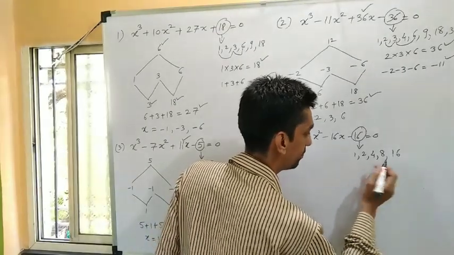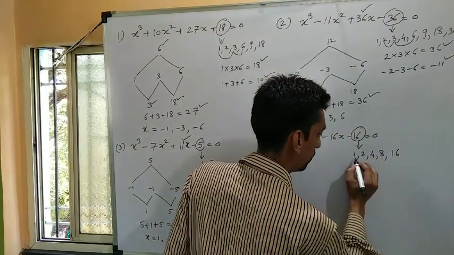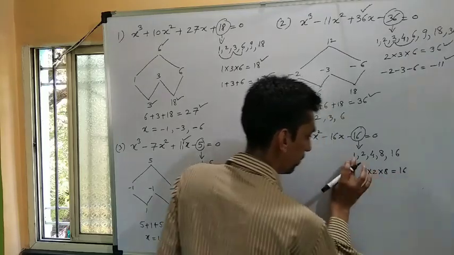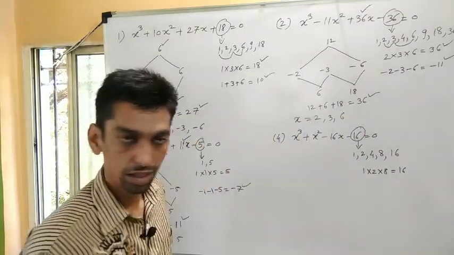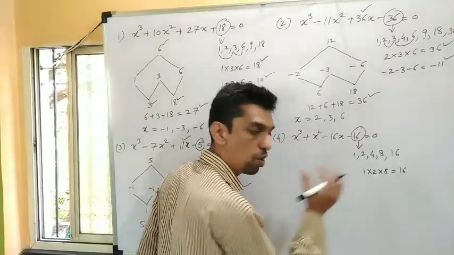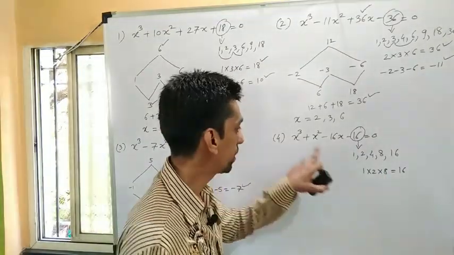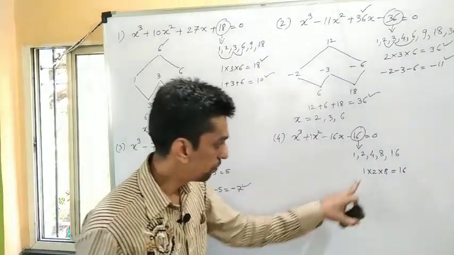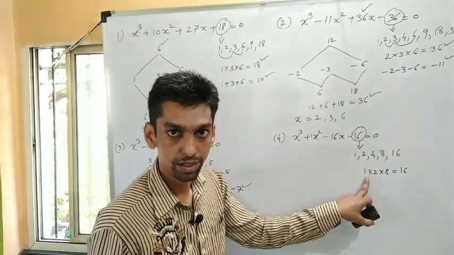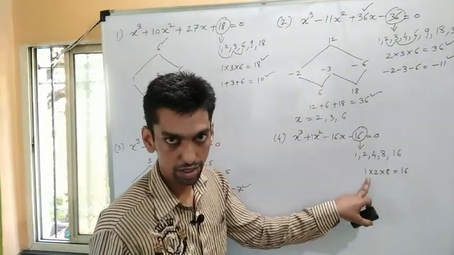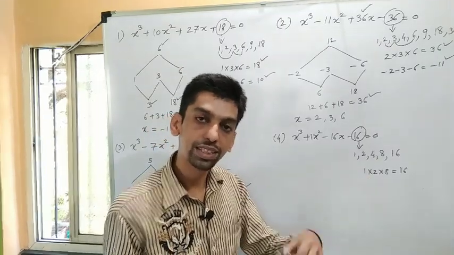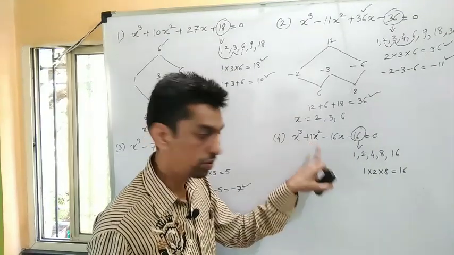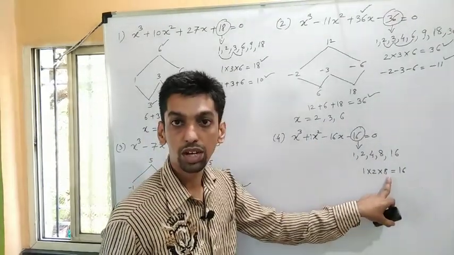So if I select 1, 2 and 8, its multiplication is 16. But if I apply all combinations here for these three numbers, I will not get the coefficient of x square. Here the coefficient of x square is 1. If I take the addition of all these three numbers, I will get 11 here, then subtraction, minus 11. If I take any of the signs, minus, plus, plus, minus, I will not get plus 1 here. So that's why these factors are not applicable here.